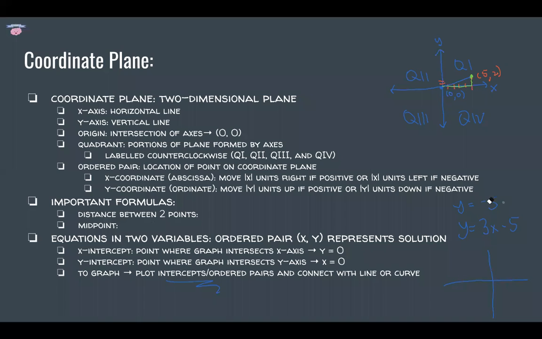So the point is 0, negative 5. Right here. And the x-intercept when y is equal to 0. So now 0 is equal to 3x minus 5, and if you solve this equation as we did in our previous lesson, you'll get x is equal to 5/3. And I'm sorry for the horrible numbers,